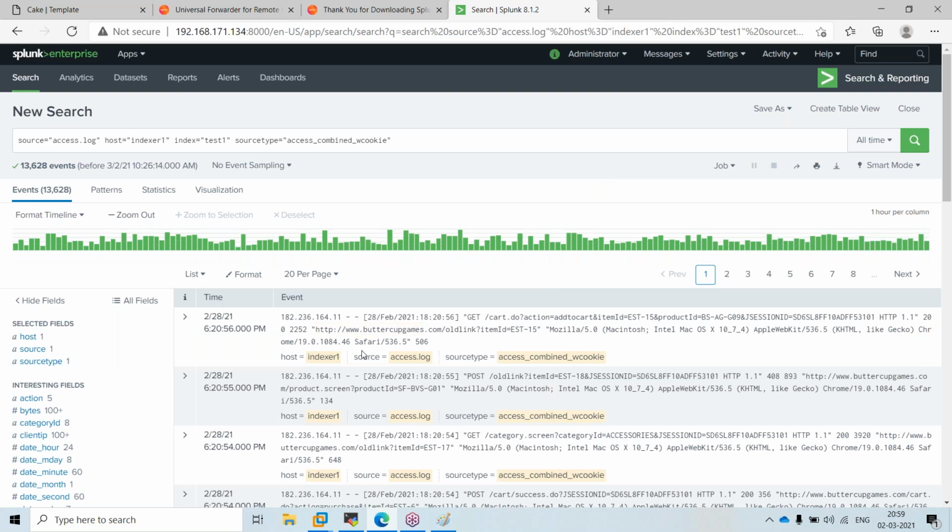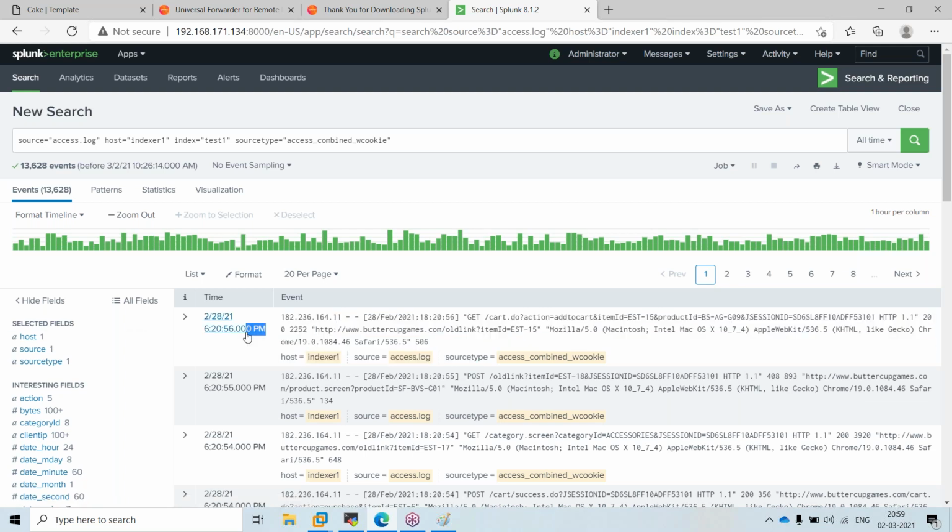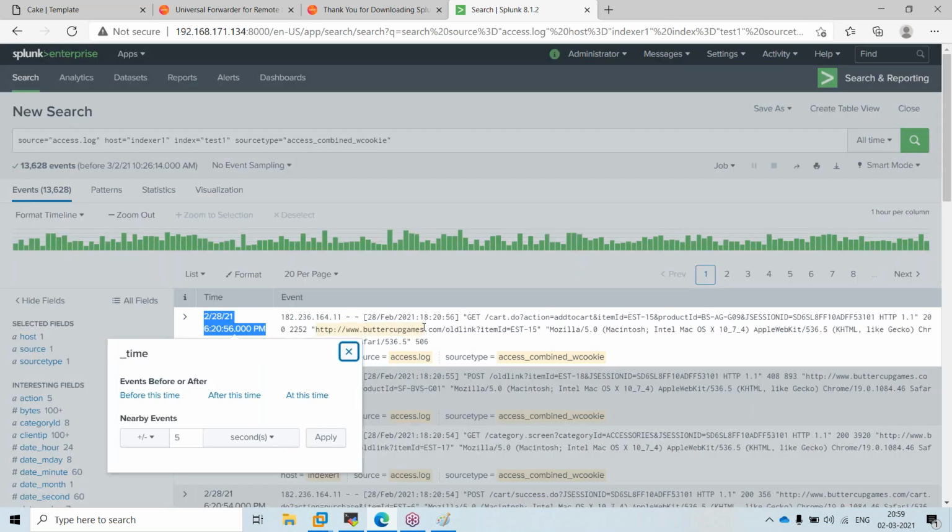Whenever Splunk parses the data, it will add a timestamp to it. This is the actual data that is being generated in your Splunk. This is the timestamp that is added by Splunk. In any case, 99.99% of the time both will be the same. As soon as the logs get generated, at the same instant, Splunk will also parse the file.